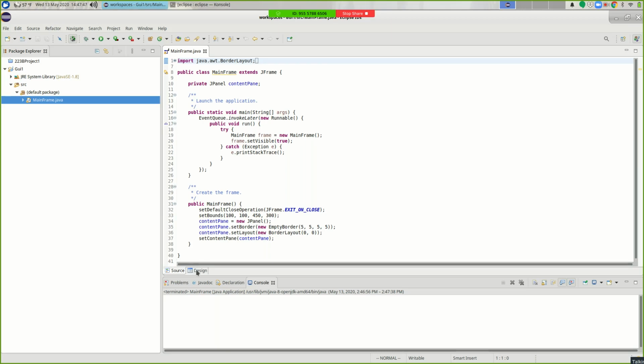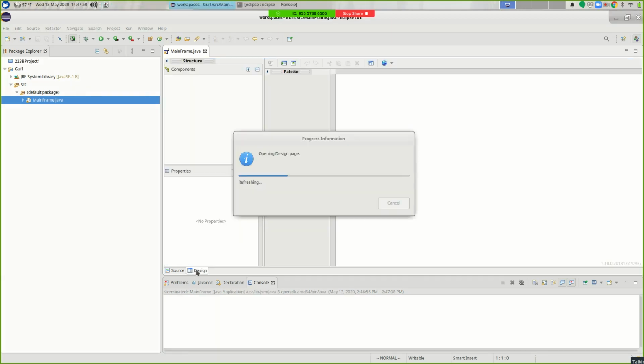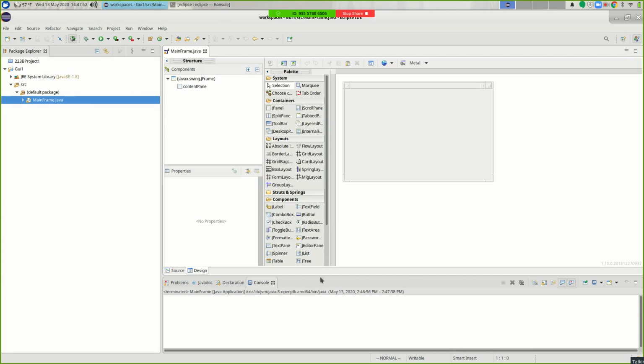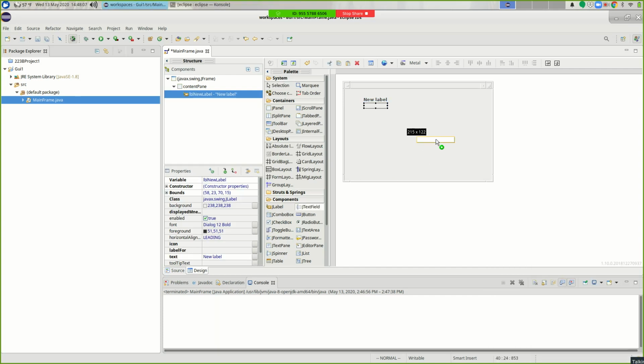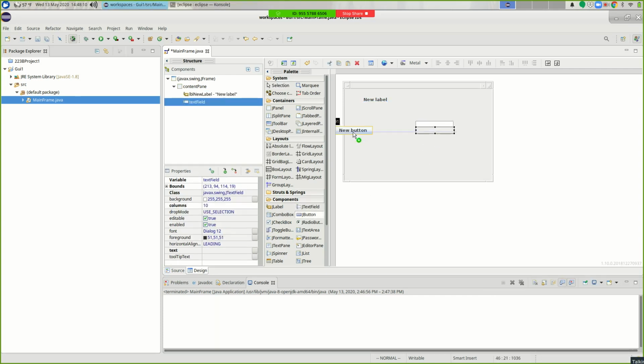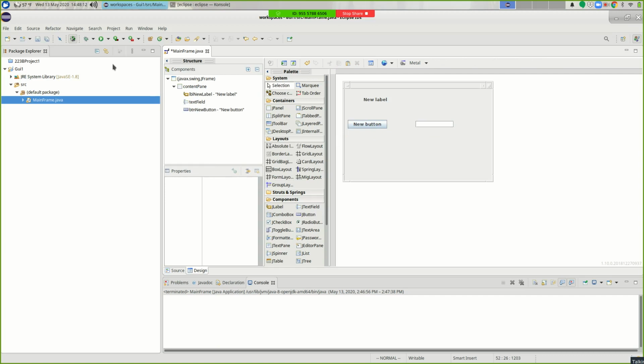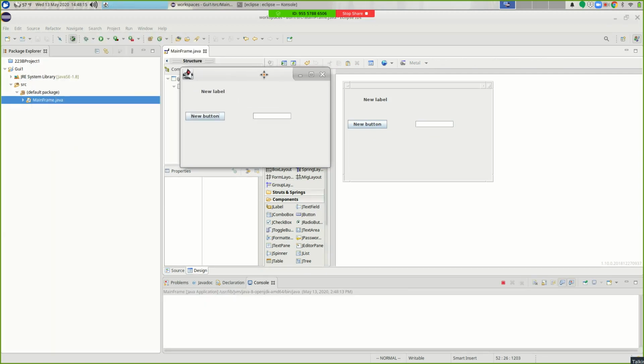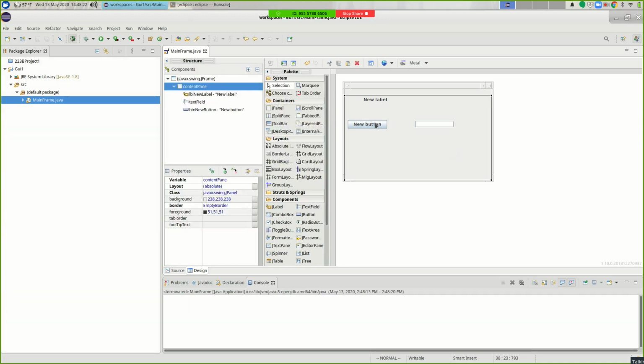Okay, so creating these graphical elements, very straightforward. And the really cool part is that if I click on this design tab, I get a whole new interface where I can basically drag and drop buttons and labels and checkboxes and things like that. And so, for example, I could put a label over here, and I could put a text field over here, and I could put a button down here. And now if I run my code, I've got a widget with a label and a text field and a clickable button. And if I wanted my button to be over here, I can just